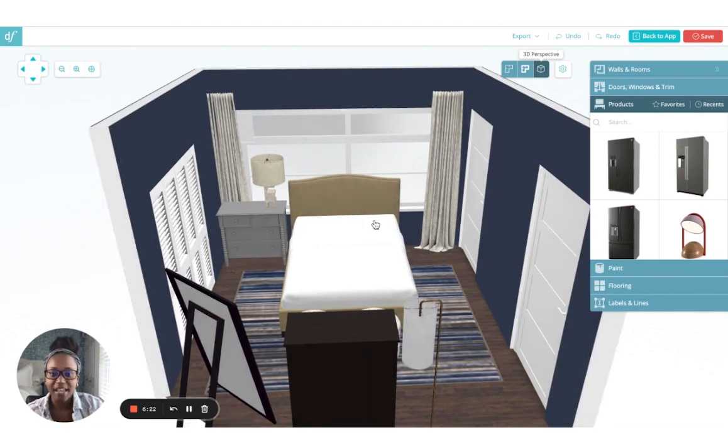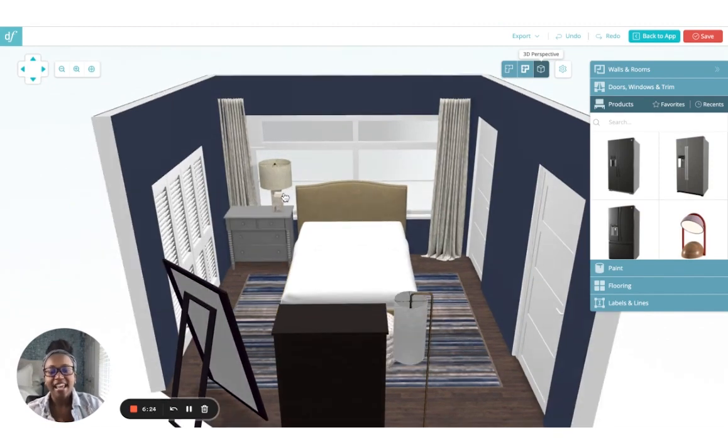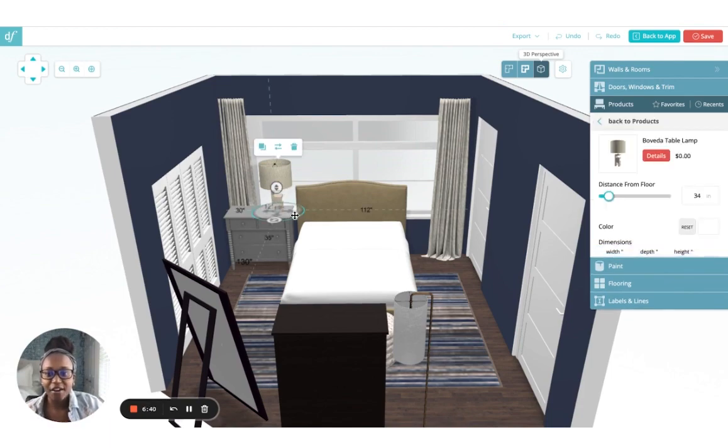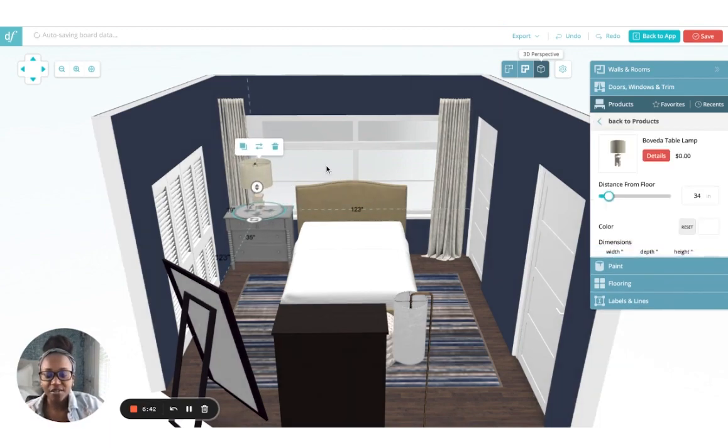this isn't the worst. And when you're placing your lamps, in photographs, you're always going to see lamps centered. And I think it just looks nice for the photo. But as far as function goes, you're actually going to put your table lamps a little bit closer to the bed so that they're not centered. They're usually going to be off center. That way, you can actually go in here. If I go in here and I put this centered,